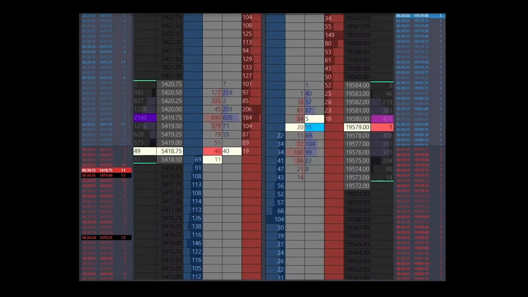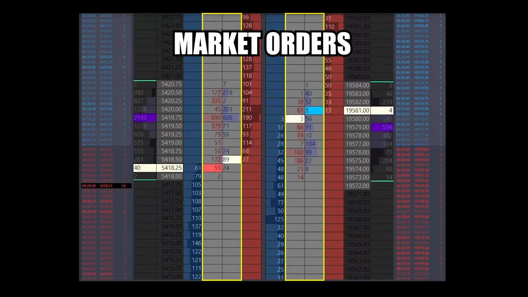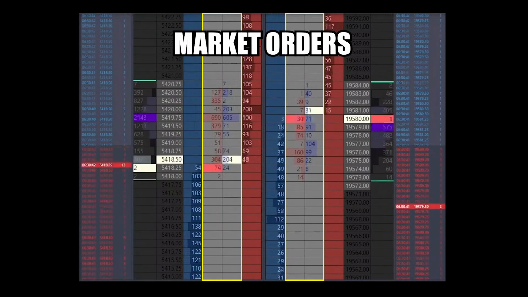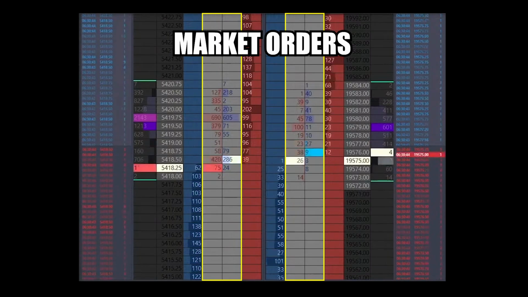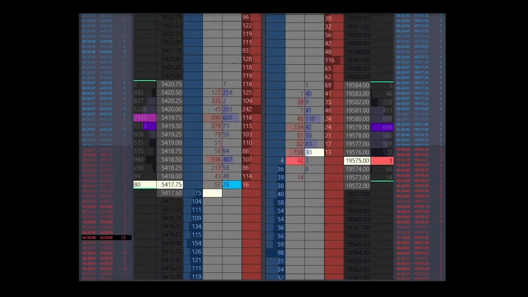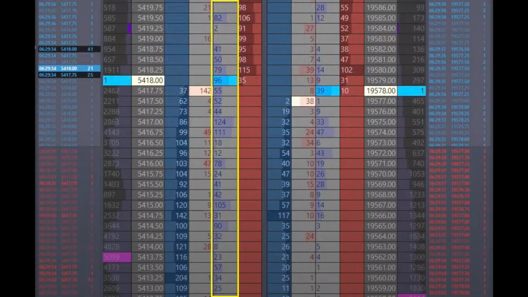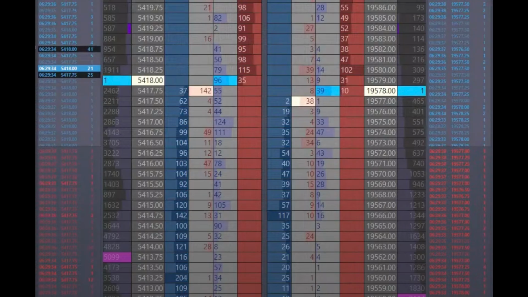So the most important element of Jigsaw are the middle gray columns with the blue and red rectangles in them. These are the recently traded bid and ask volumes, or market buys and market sells. When there is a notable imbalance between the numbers, for example, a bunch of large blue numbers with a bunch of tiny red numbers, this indicates that buyers are being more aggressive and we may want to seek a long